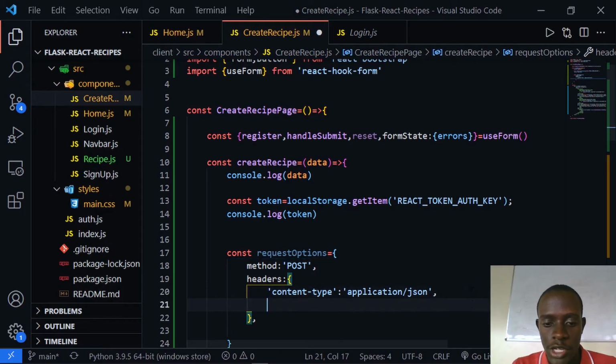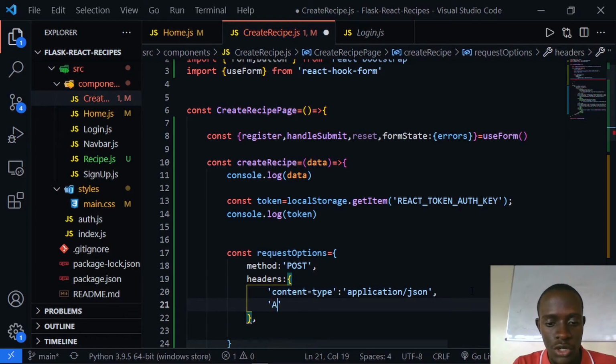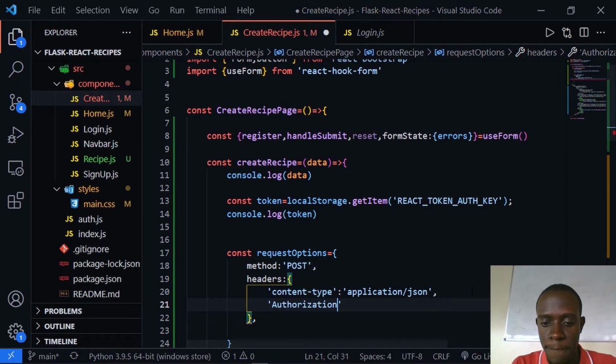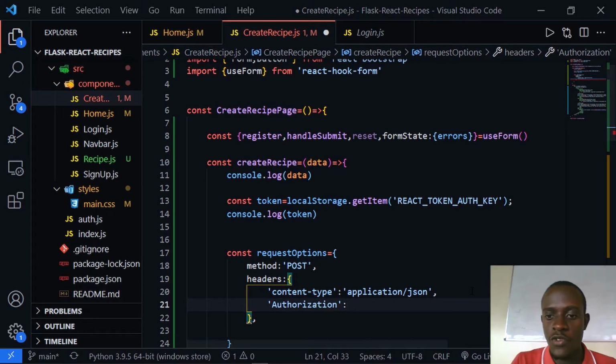Just going to come right here. What I'll do is to say authorization. This is going to be the authorization header. Then within here, what I'll have to specify is bearer and the token we are going to access from our local storage. To do this, I'm going to use JavaScript's template string. So I'm just going to use this